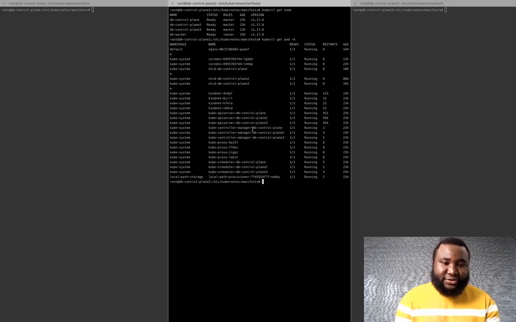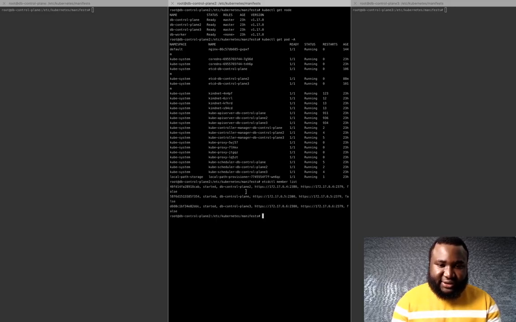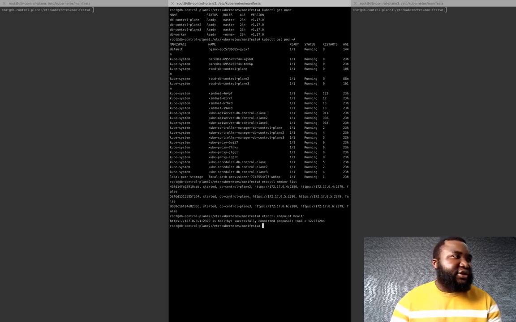So the next thing we want to do right now is to go ahead and take a snapshot of the etcd cluster, or the snapshot of the current key space on this etcd node. But prior to doing that, let's go ahead and verify the etcd members running inside of the cluster, so we can see that each one of them has started. And next, we want to verify the endpoint health for each one of these etcd members, so let me just verify for each one of them